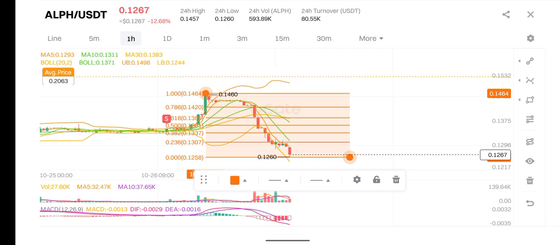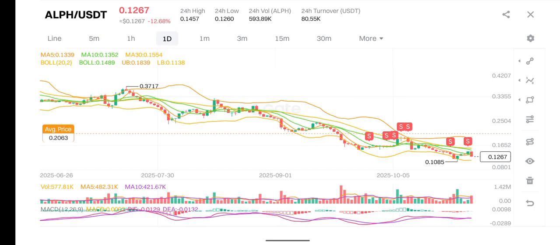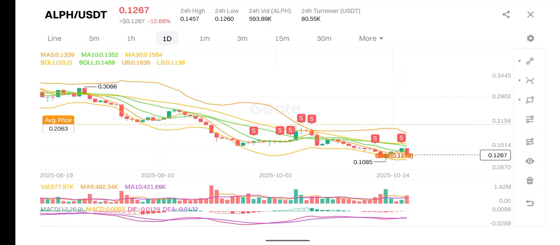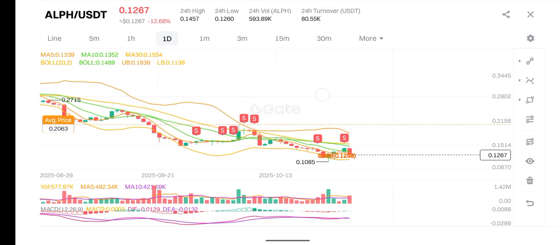Okay, so let me see. We can head to the 4 hours time frame. Okay, let's head to the daily chart straight up. So if we head to the daily chart, we'll have a broader perspective of what happened. Don't forget that daily charts are high probabilistic trade charts. Okay, so if we pull out our Fibonacci retracement,